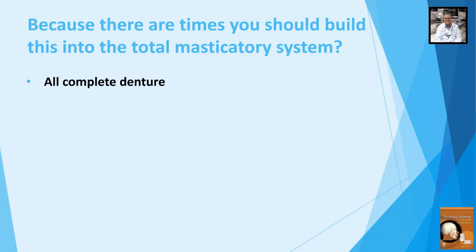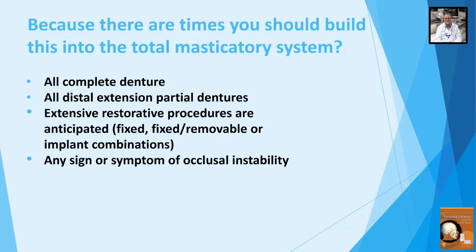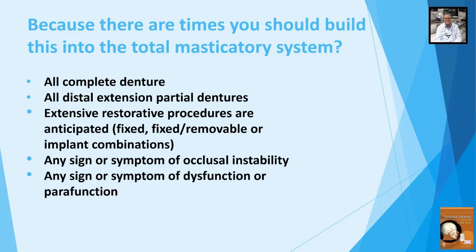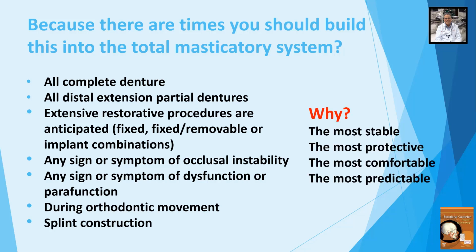Well, when are they? Anytime we do complete dentures, we certainly want to be able to make this frontal bite on the denture with that condyle in a certain position. All distal extension partials. Extensive restorative procedures when they are anticipated, such as fixed removable, or implant combinations. Any signs or symptoms of occlusal instability? Any sign or symptom of dysfunction or parafunction? Hopefully during orthodontic movement, and always during splint construction. Okay, why? Because it's the most stable, it's the most protective, it's the most comfortable, and it's the most predictable